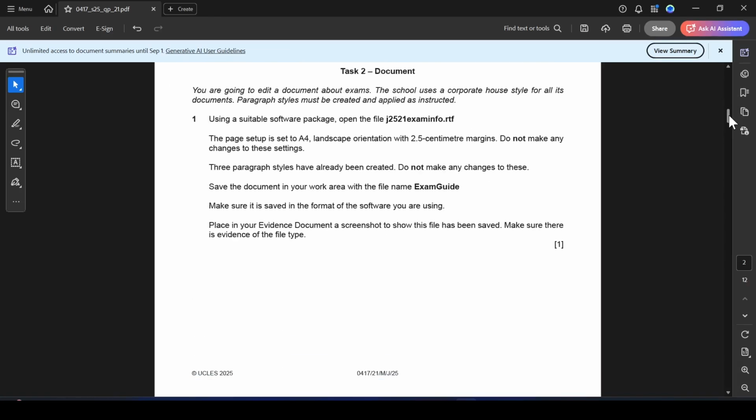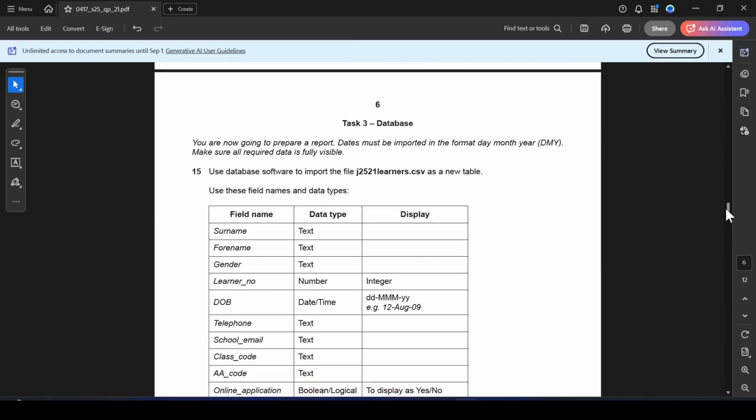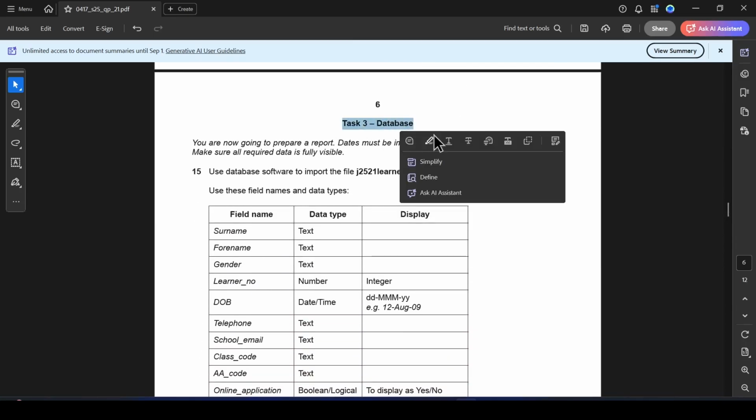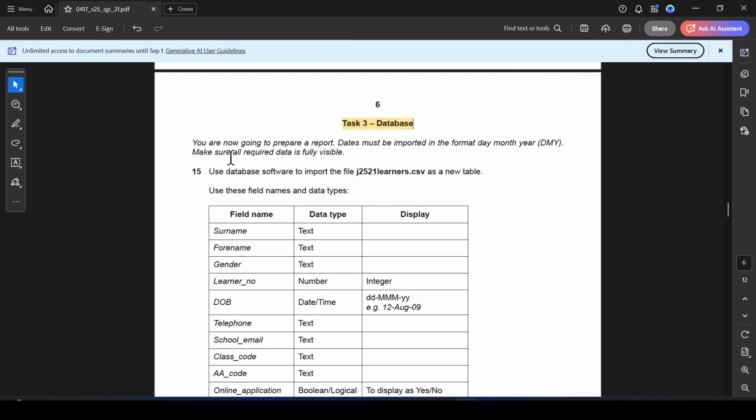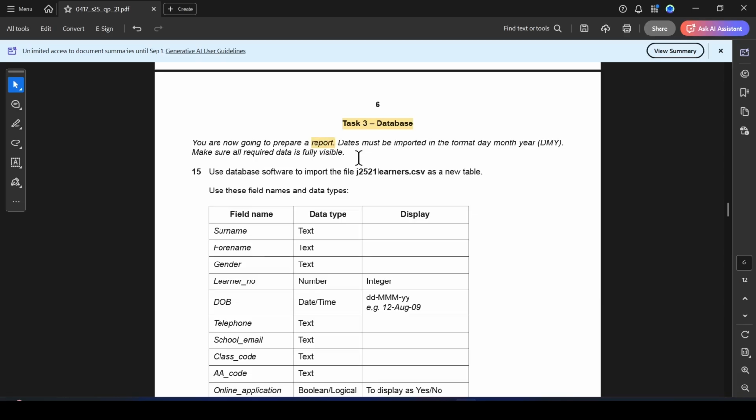Let's go down, and we will start with task number 3, databases. Now you are going to prepare a report. They are asking us to create a report. Dates must be imported in DMY format. So we are going to import all the tables in DMY format. Next, make sure all required data is fully visible. Use a suitable software package to import the file